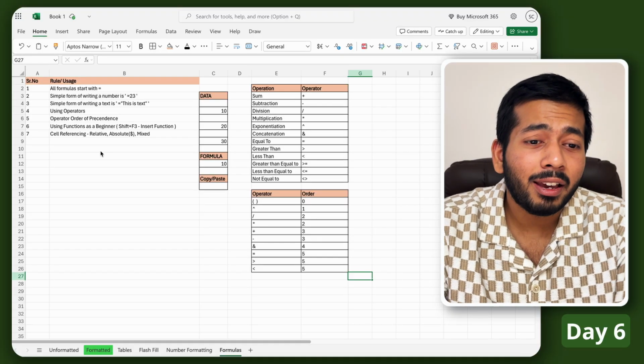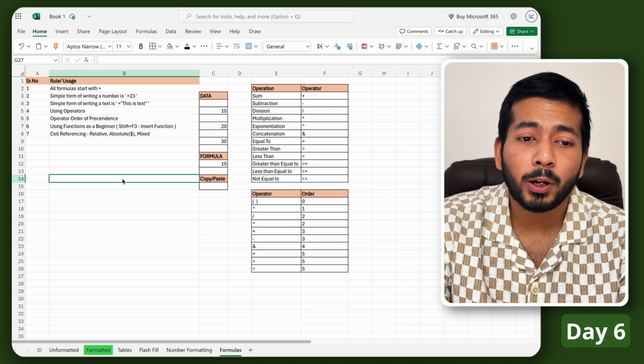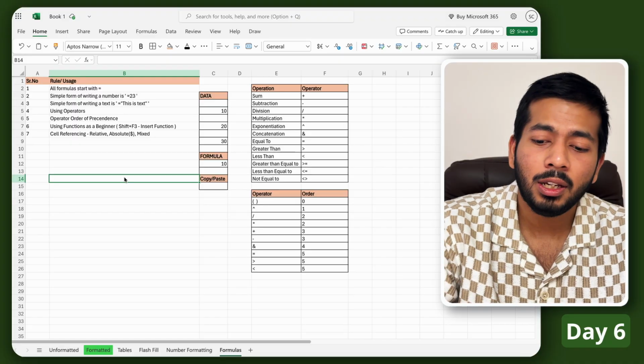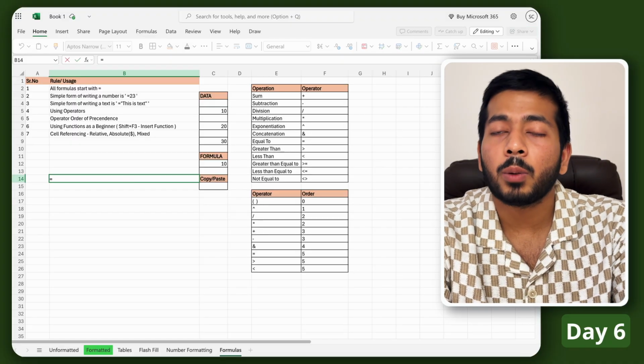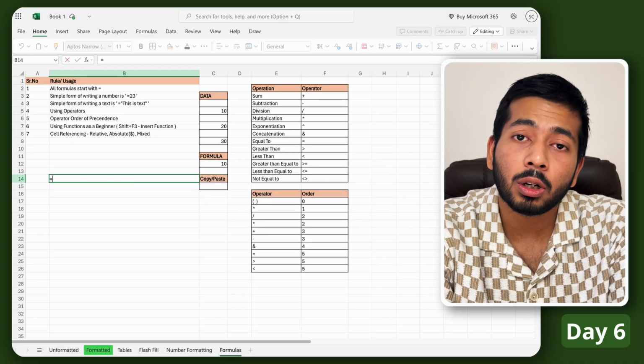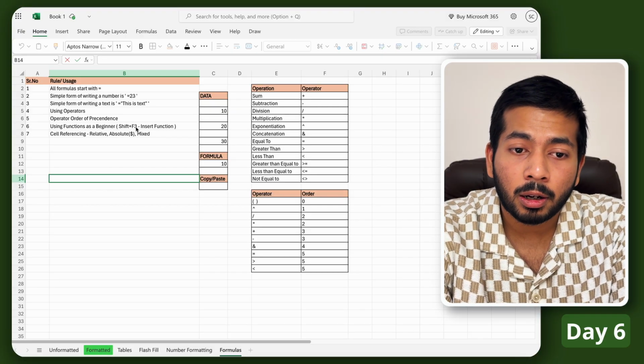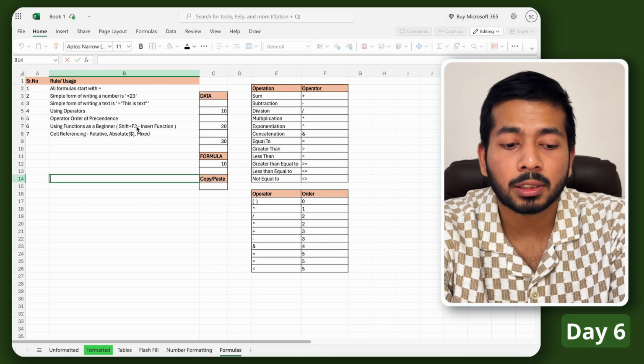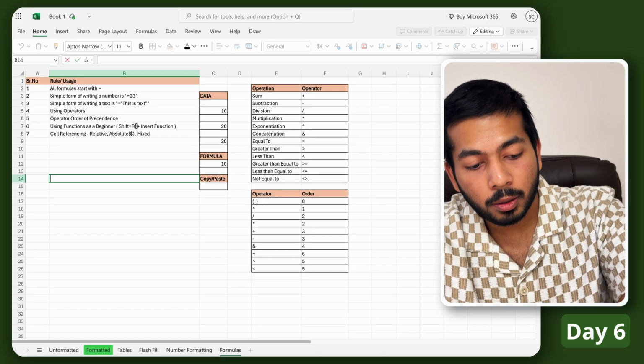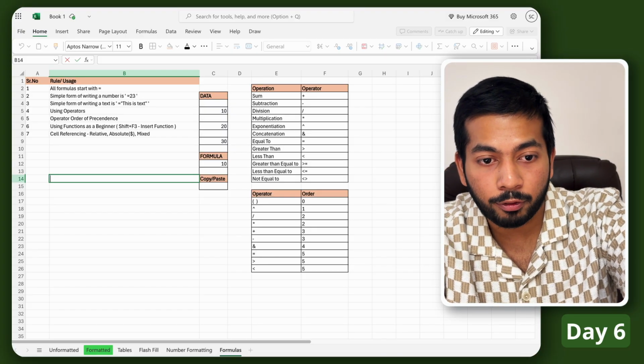The next thing is using functions as a beginner. How do we do that? There are many ways to do this actually. We can just write equals and start with the function name. But if you do not know the names, then you might have to use this particular command, that is Shift plus F3. So if we press on the keyboard Shift and then F3,